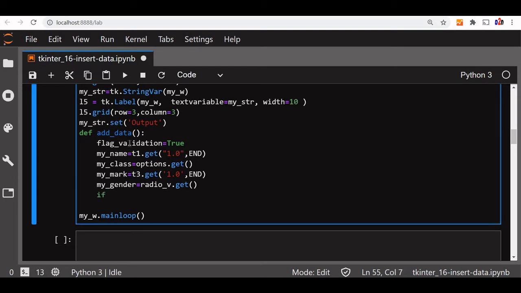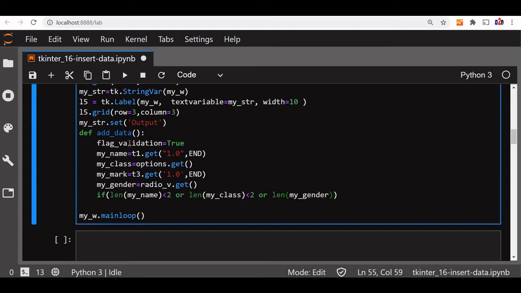Let's say if len my name is less than 2, or, because anything invalid will be flagged, so or len my class is less than 2, or len my gender.